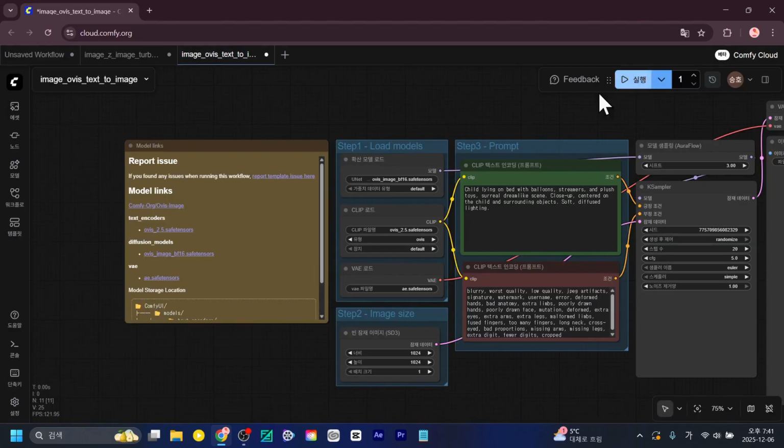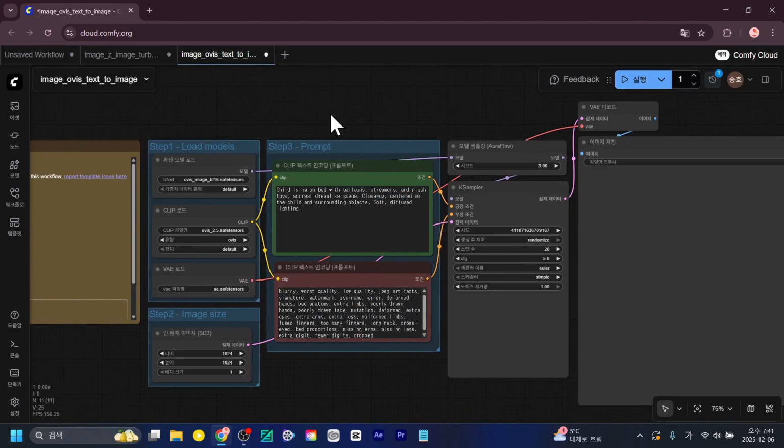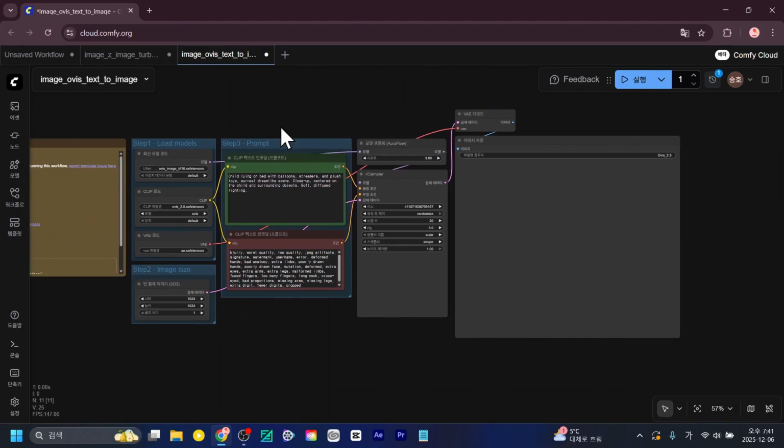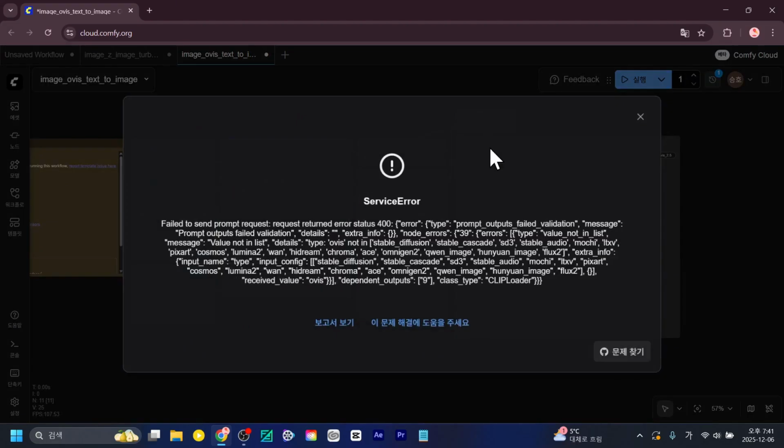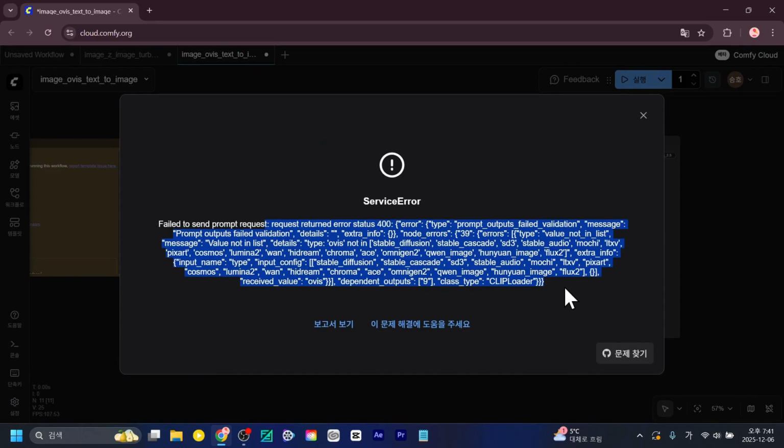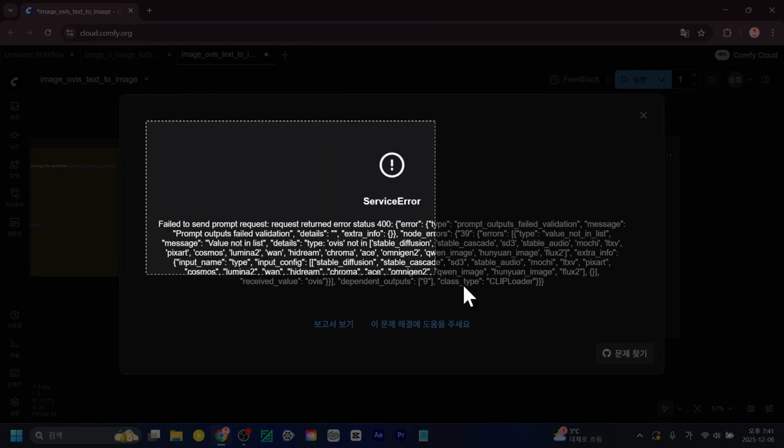And then, if you look at OBS here as well, it is a text-to-image generation process, isn't it? If you carefully observe this display, you can clearly see that a significant service error message has popped up. We do not need to fix this ourselves. Instead, we will ask the technical team about it.